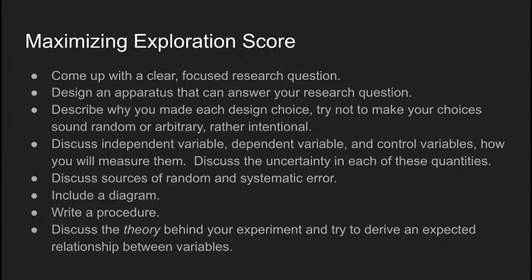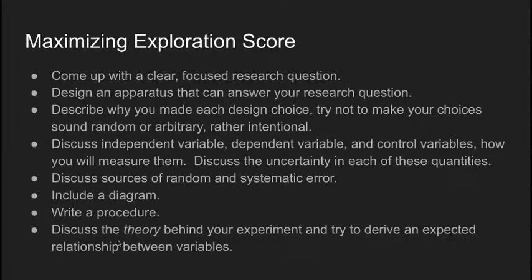You discuss variables and how you're going to measure them, and also you're going to discuss the uncertainty in these quantities. So if one of your variables is temperature, you want to discuss how you measure temperature, so probably with a thermometer, and you say, oh, the thermometer has an uncertainty of 0.1 degrees Celsius or something like that. Discuss sources of random and systematic error, include diagrams, write a procedure, and